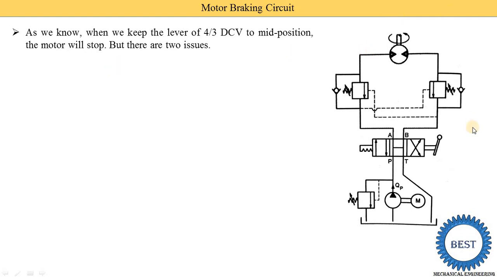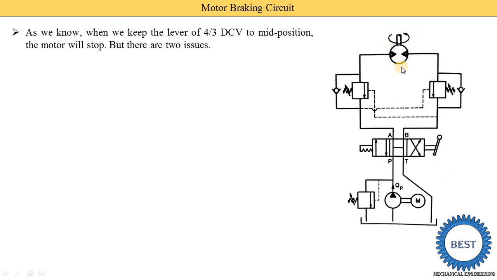Now in this diagram you see the pump, motor, and pressure relief valve. And this is a 4/3 DCV. That is the first position, this is the mid position, and this one the second position. And this is the hydraulic motor. The hydraulic motor is connected to this A port, and it is a two-directional hydraulic motor. That's why the other end of this hydraulic motor is connected to this B port. It means this hydraulic motor has two directions, forward and backward,